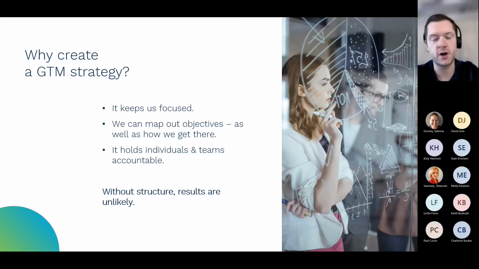Obviously, I'm not too sure how big your organizations are. You may have one person responsible for sales and marketing. You might have a marketing executive. It might be the MD, CEO, or sales director that holds that responsibility, but it just maps out who is going to be responsible for what part, and keeps everyone focused. We have found that without structure, it's very difficult to estimate, predict, or actually achieve results. So even by putting together a very tactical plan, we can be so much more focused in getting some end results.